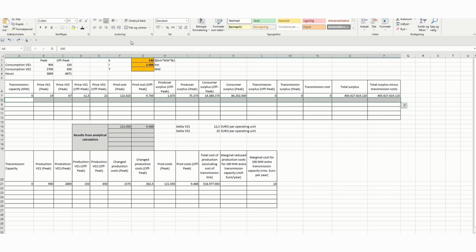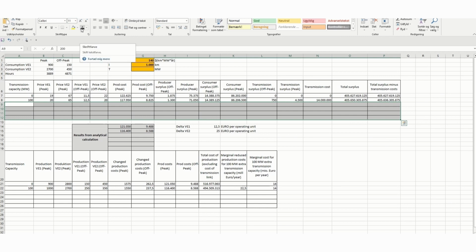Here are the values we have calculated analytically, and I also do the correction factor. And still you can see that the values are exactly the same when they have been corrected. I continue doing this for all the other transmission capacities,